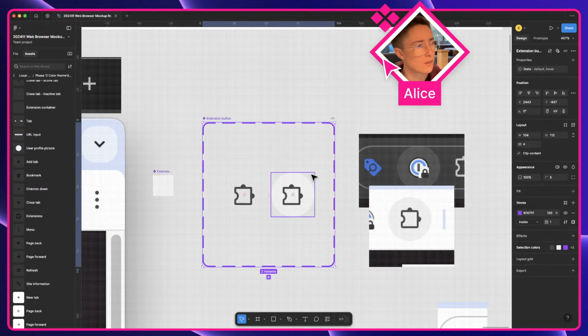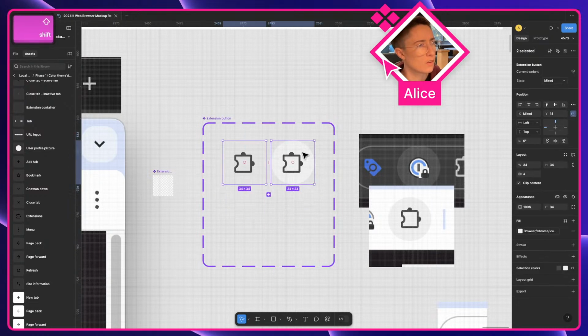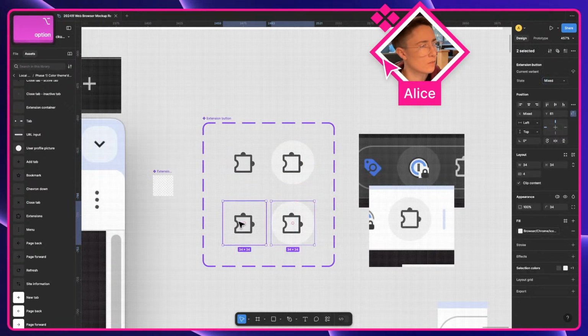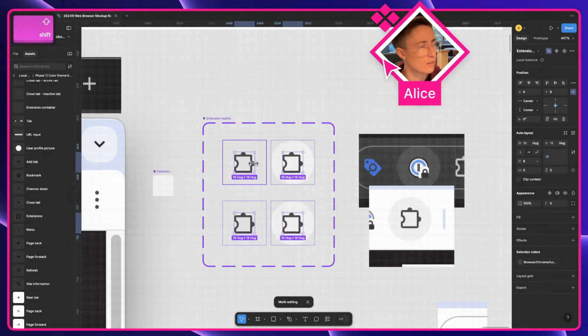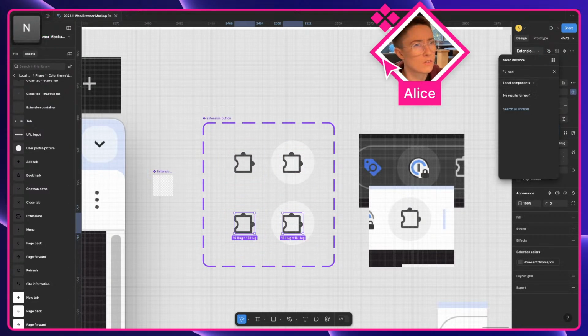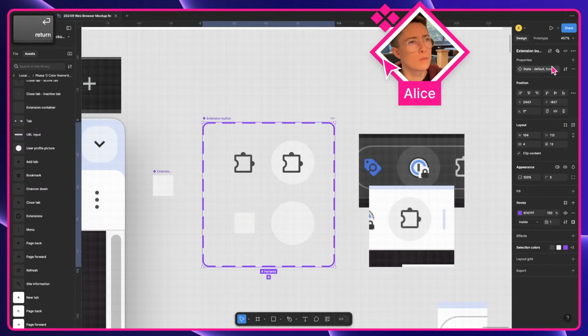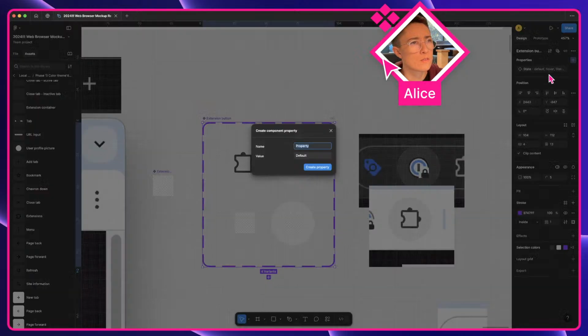I'm going to take auto layout off of there. So same deal, but instead of this guy, I want extension logo. The variant property is going to be, I guess we'll have default and then we'll have like,